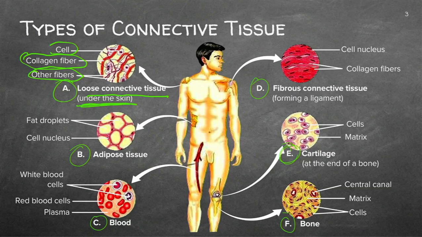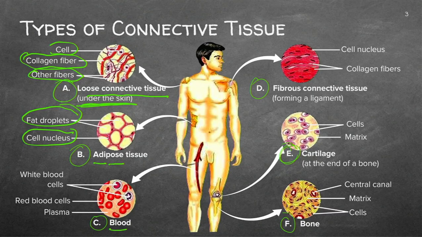Then we have something called adipose tissue, better known as fat. It has fat droplets and a nucleus. So your fat cells just have a nucleus in them, and yes, they go fatter and thinner. You have X amount of fat cells, and you don't get more fat cells. They just become bigger. And then when they shrink, it looks like you've got bits of skin floating about.